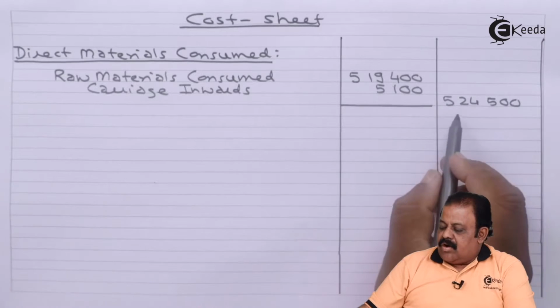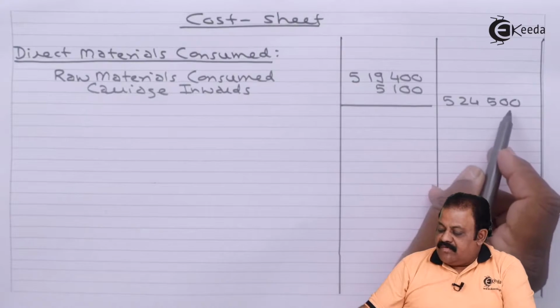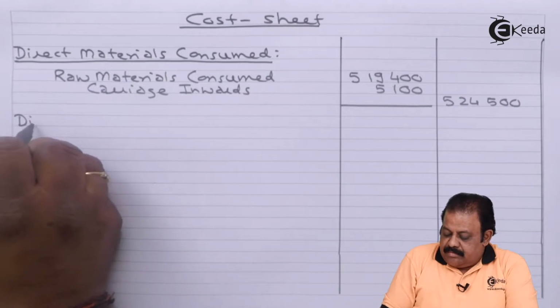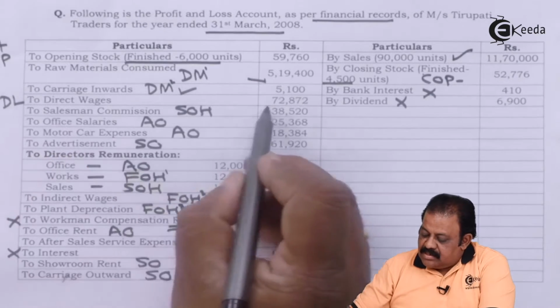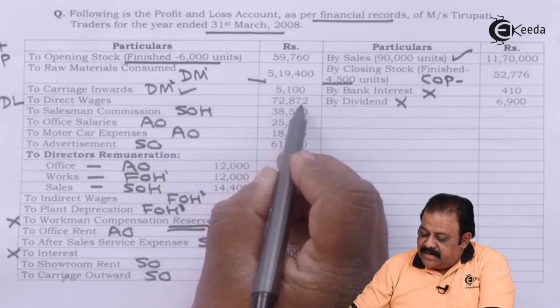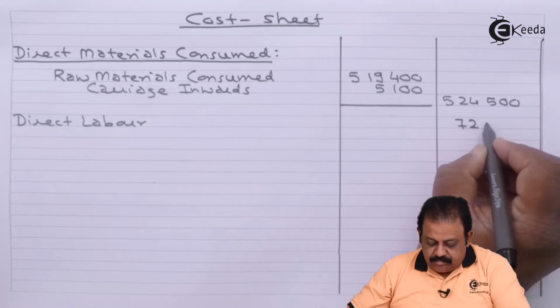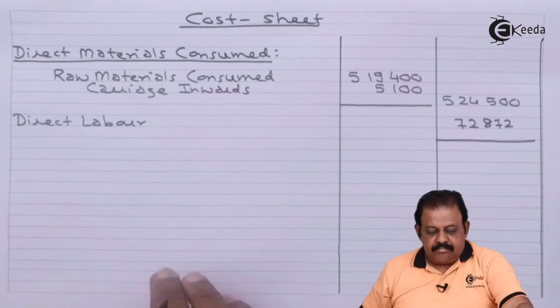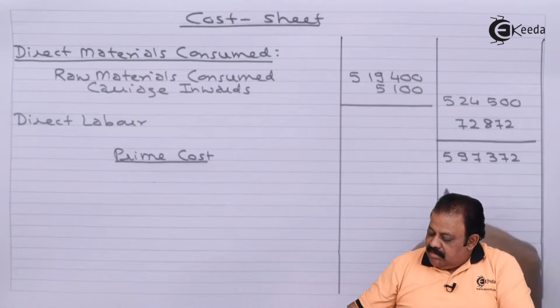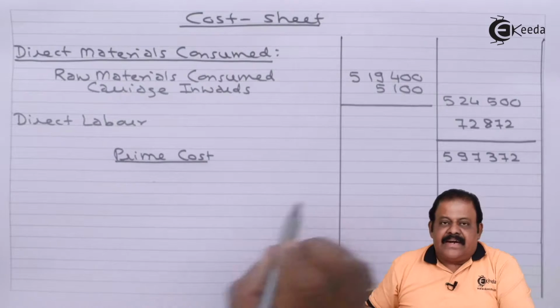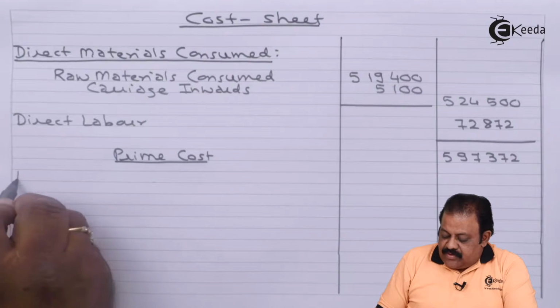So direct material cost will be 5,24,500. Direct wages 72,872. So we got prime cost 5,97,372. To this we are required to add